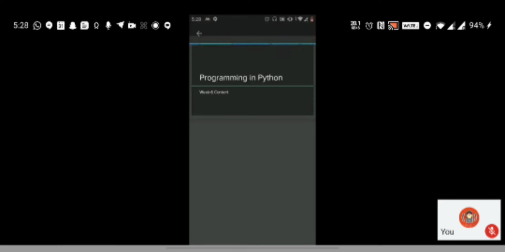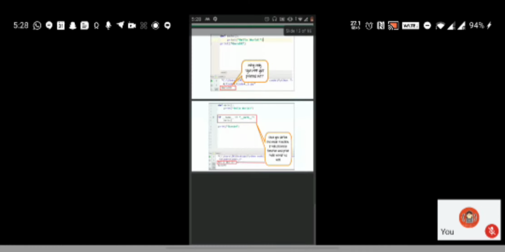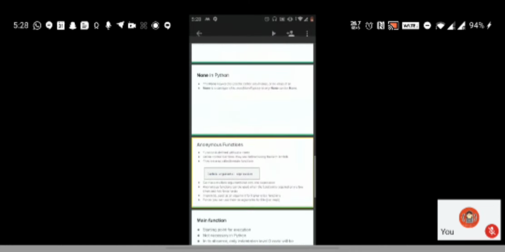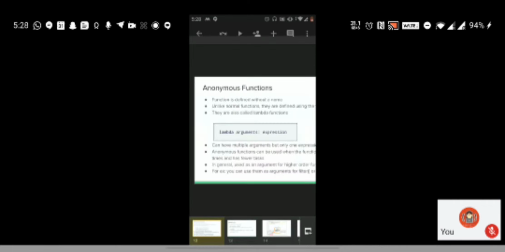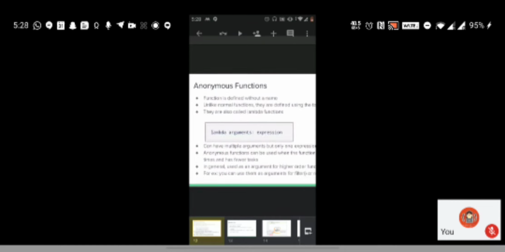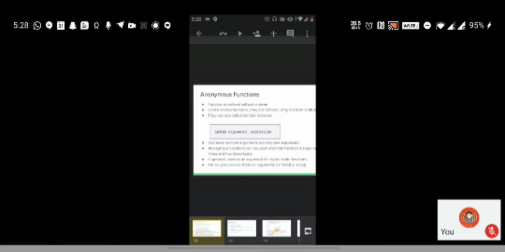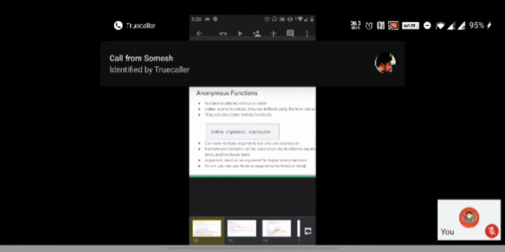So let's quickly go through the concepts of anonymous function and main functions. Okay, so anonymous function. From the name itself, you can understand that an anonymous function does not have a name. Basically, you use anonymous functions whenever the requirement is very small. If you require this function only once, or if that function just has one line, then you can directly use an anonymous function. So this is like a shortcut for making a function, right?